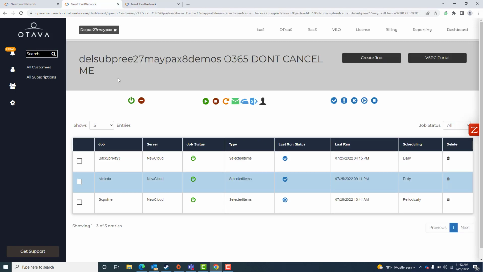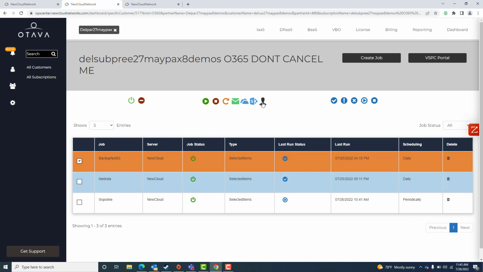So in the case of O365, you can see all of the jobs here, as well as being able to do any of the restores you might need to do. We can also see the last ran status. If it's successful, if it's a warning, you'll have an exclamation point. If it's failed, you'll see an X, and if it's running, you'll see this play button like you currently see here. You can see when it was last ran, when it is scheduled, if it's periodic or daily, as well as being able to edit these jobs, add in and exclude users,